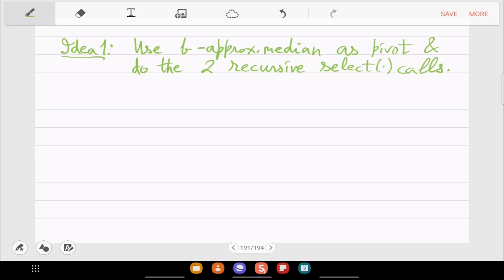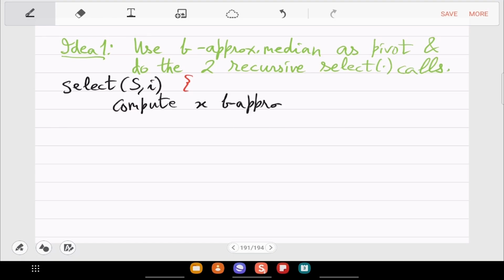So let us write that pseudocode. So compute X, which is the approximate median of S. So this we will see tomorrow how to do.